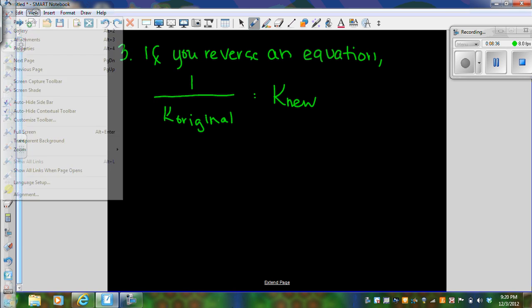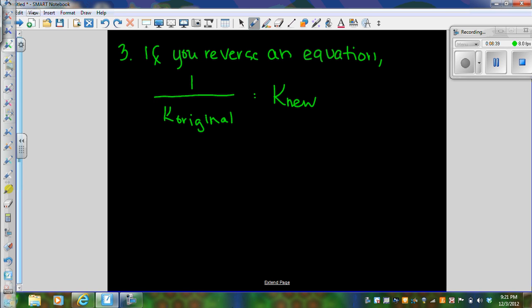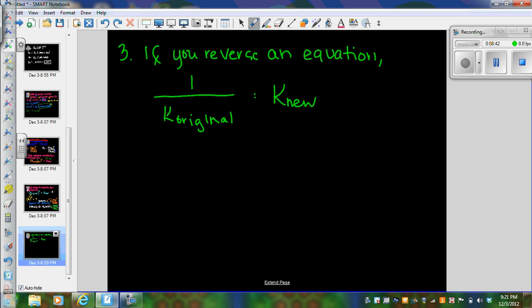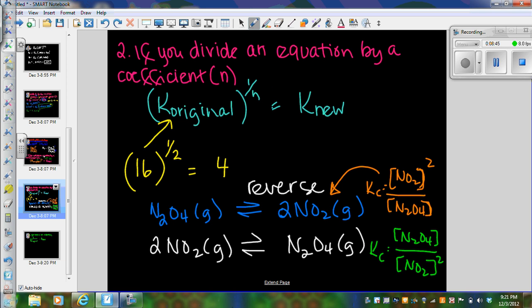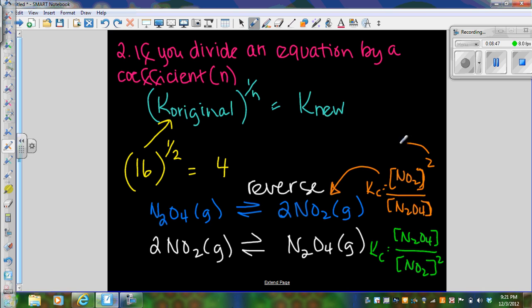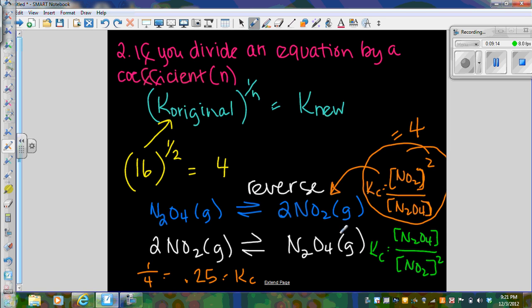So if I go back to the previous slide, this one, and let's say for the equilibrium expression that I wrote in orange, let's say when we solved for this, we got 4. So what I would do here is I would do the inverse. So I would say 1 over 4 would give me 0.25 as my new equilibrium constant for the reaction in reverse, which should make sense, because